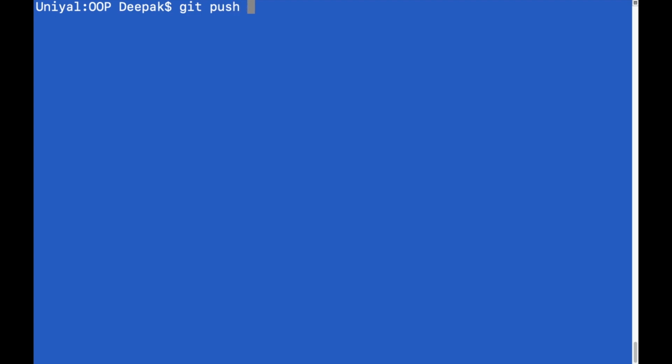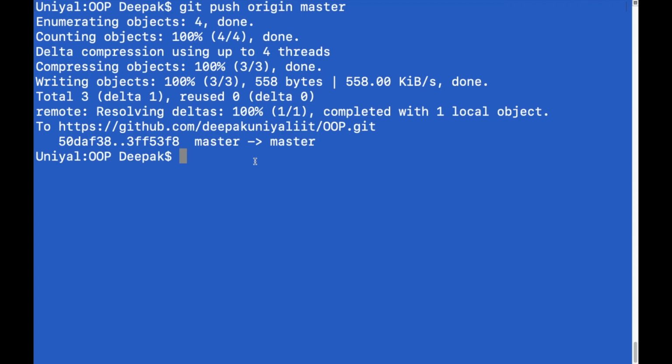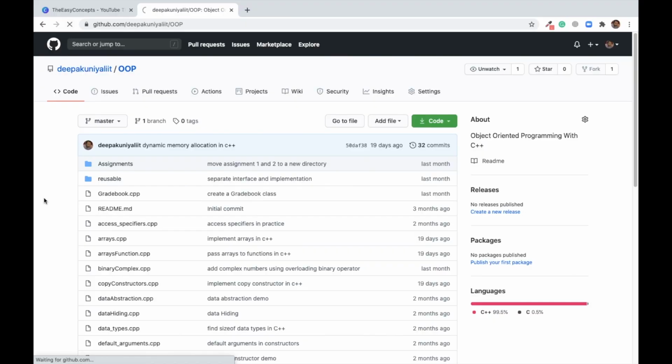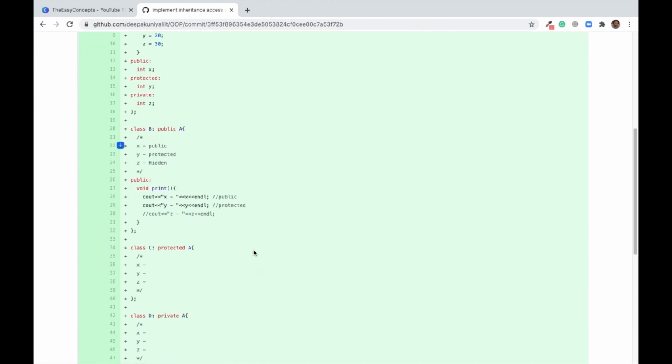I need to write the command git push origin master, and you can see this is pushing all the files to GitHub. Now refresh this page, and you can see implement inheritance access mode, and it was 2 minutes ago. So I will click this, and you can see the code online.